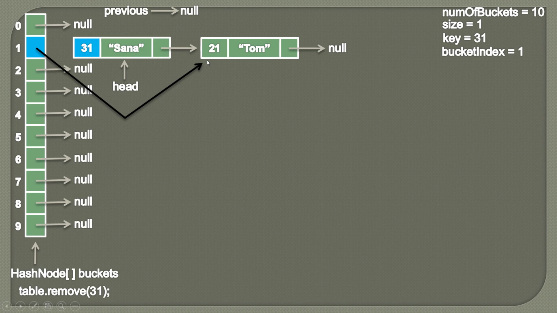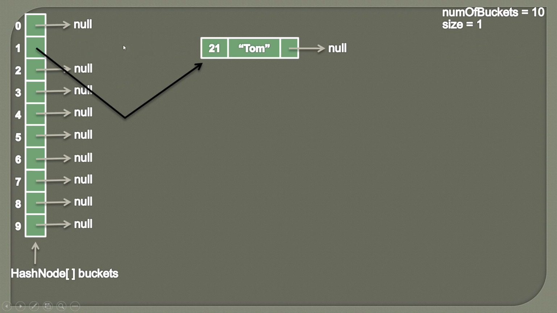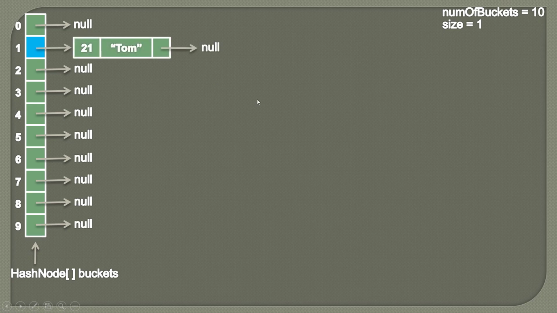And once the method ends, this node can be safely removed and we can simply pass the value associated with this key. So after it gets removed, it would look something like this. So here there could have been multiple nodes after that. So we have kept that list intact and we have removed the node from the middle. So this is also one of the use cases.